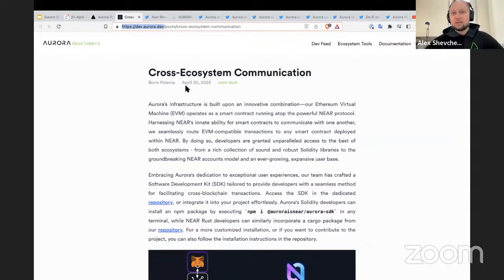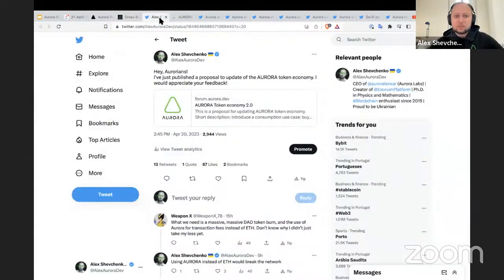So these are the dev part, right? This is something new for the developers, and here's something new for everyone who is living inside of the Aurora